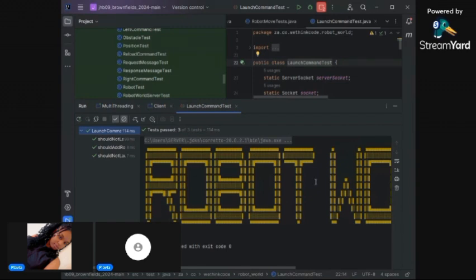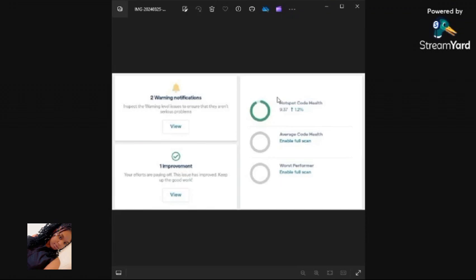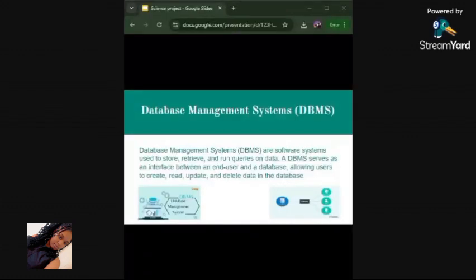And in terms of our code health and analyzing our code, that will be displayed on the slides to follow as we go on to close off section B. We have our code scene, which analyzed our code, and as you can see, our overall code health is very good. And now I'll be taking you through section C, which consists of questions 1 through to